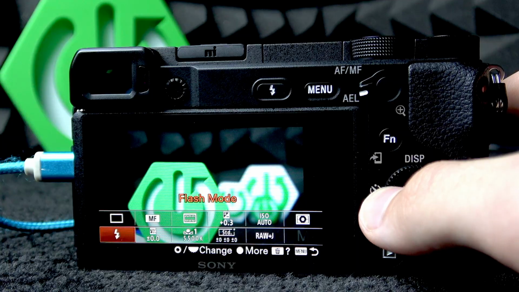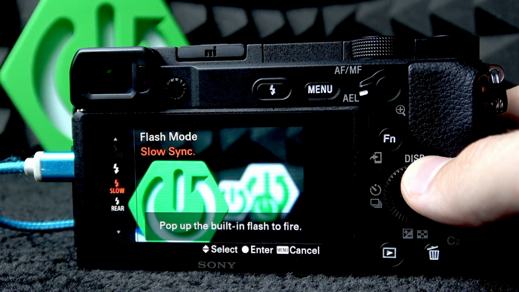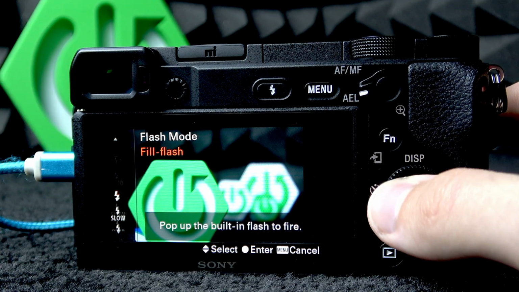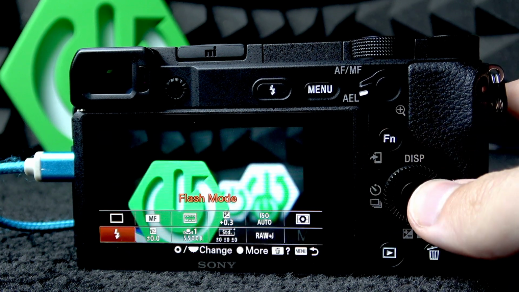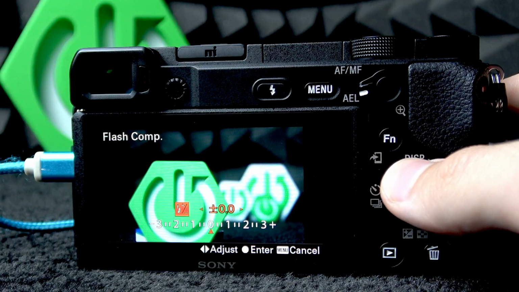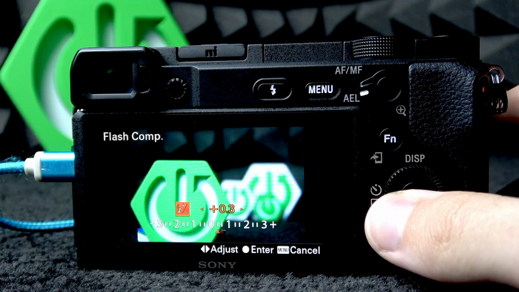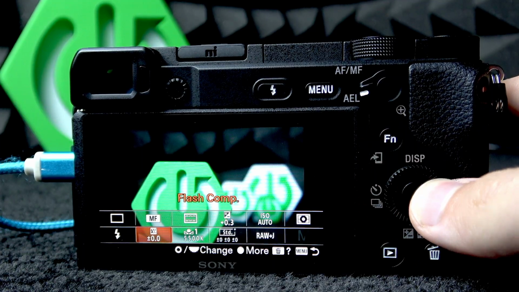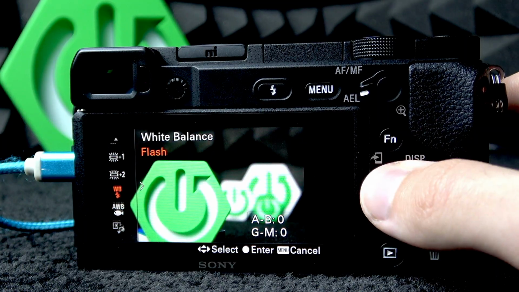Then we have flash mode, the flash options simply. Then we have flash composition, which really does nothing because we don't have a flash right now. The white balance, in here we can basically test a few different options,